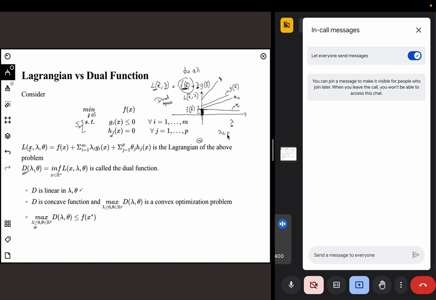If I put h of x, then theta will also come into the picture. Then it will be difficult to draw, because it will be like a three-dimensional one. So I will have lambda, I will have theta, and then both of these will give me this L of x hat comma lambda comma theta. So in three dimensions, it will be some hyperplane. It will be difficult to draw just today. Let's say I draw contours,